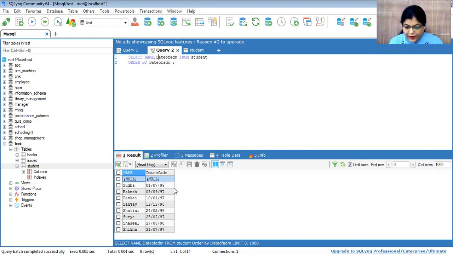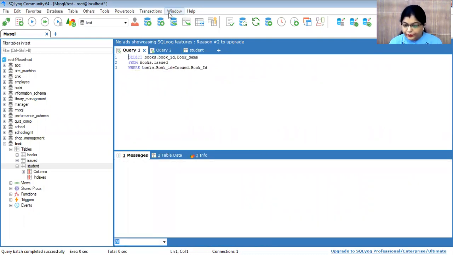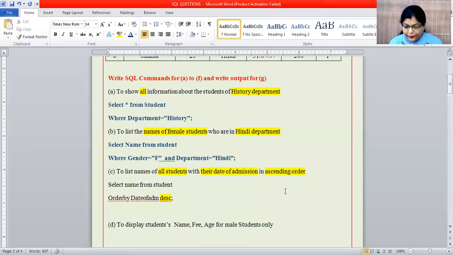So see here, 90, 99, 97, according to their date of admission. Now if I write DESC for the descending mode, whatever the answer is, the query will give it. Okay.